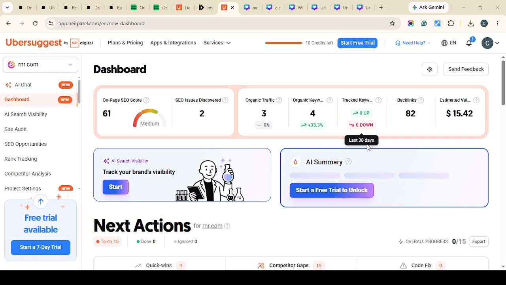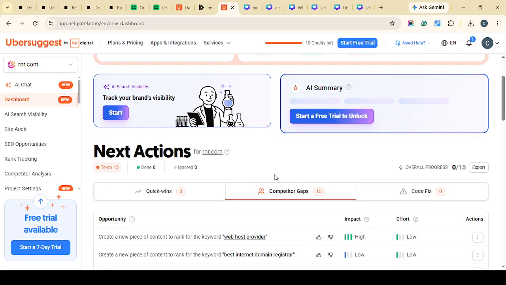Next, look for the country or region selector on the page and set it specifically to India. This step is important because keyword data can change a lot from one country to another. Even if a word or phrase looks familiar across multiple regions, the actual search volume, competition, and click trends may be very different. By choosing India directly, you're telling the tool to return data that better reflects the audience you